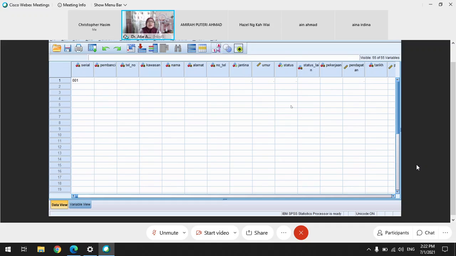Kalau dua bahasa lah. Tapi kalau your questionnaire in bahasa Malaysia, then our template should be in bahasa Malaysia. If our questionnaire in English, then we need to make it in English lah. But if your questionnaire is bilingual, so it's up to you. You can make it in bahasa or in English, right? So as I always keep telling my students, use the language that is comfortable to you, all right? So when it comes to analysis, it will be easier for you